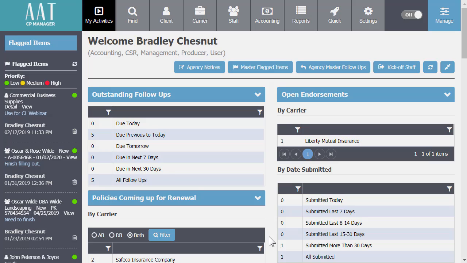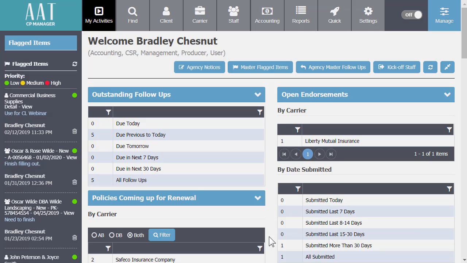Now, in this particular video, I'm not going to show you all of the different search criteria that you're going to have when it comes to find a note, to follow up, and so on and so forth. But let me just tell you that we made it very fast, very easy for you to find that note, find that follow-up, find that email, find that letter, find that attachment, whatever it is you enter in the system,